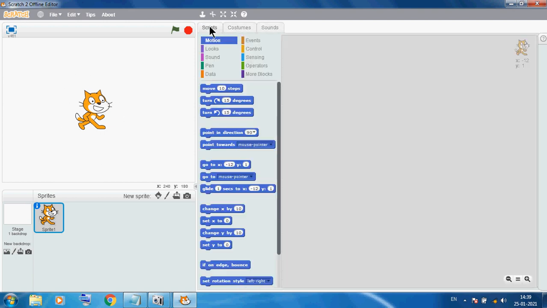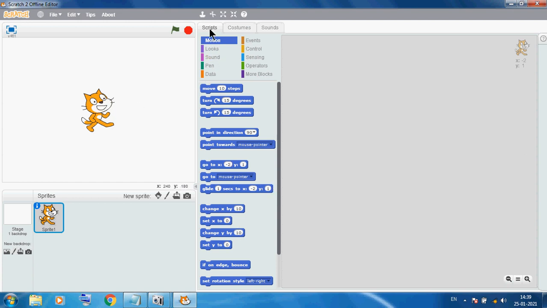This is our script area. In this script area, these are our blocks. Different kinds of blocks you can see. We can use these blocks to create our programs one by one. Next is motion.